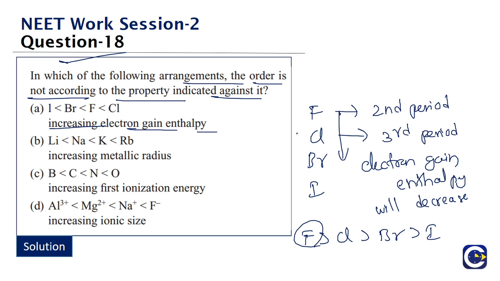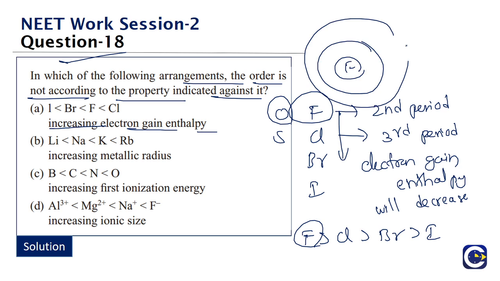So what is this anomaly? Second period elements, whether it is fluorine or oxygen, same is the story in the 16th group also, due to the extremely small size of these elements, and the outermost orbit is what? The second orbit. Already the second orbit in case of fluorine will have how many electrons? It will have 7 electrons. Now the incoming electron will be strongly repelled. As a result, the electron gain enthalpy will be reduced. It will be reduced even below chlorine.